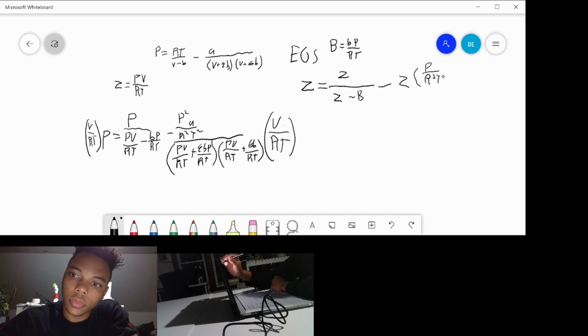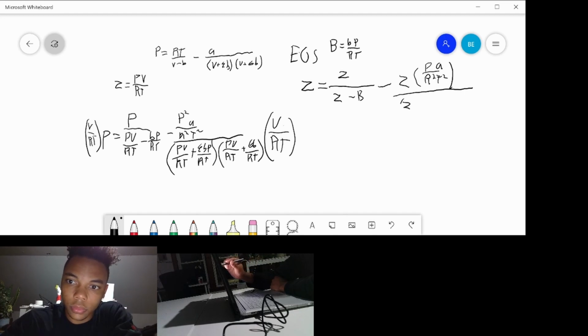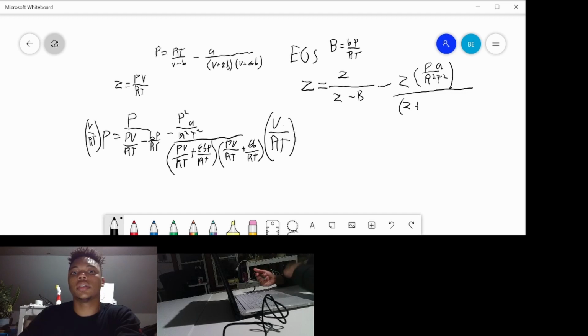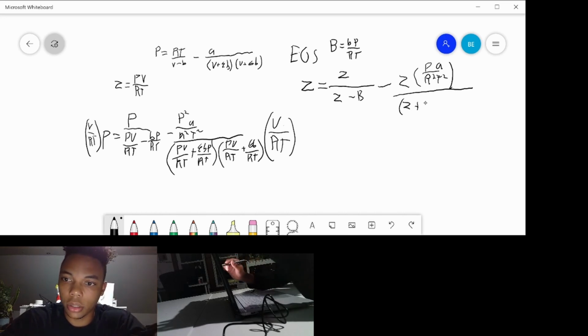R squared, T squared. This is one long equation of A over, so 1P goes away. Wow, that's a big help. And we have on the bottom PV over RT, so we see that one Z plus... we know that our B constant times P over RT is already equal to B, so I'm going to write epsilon B again,